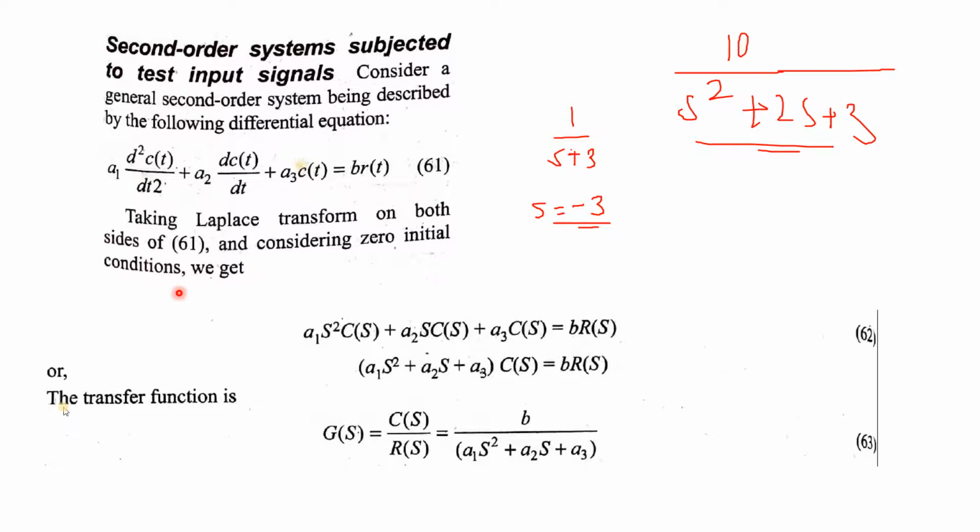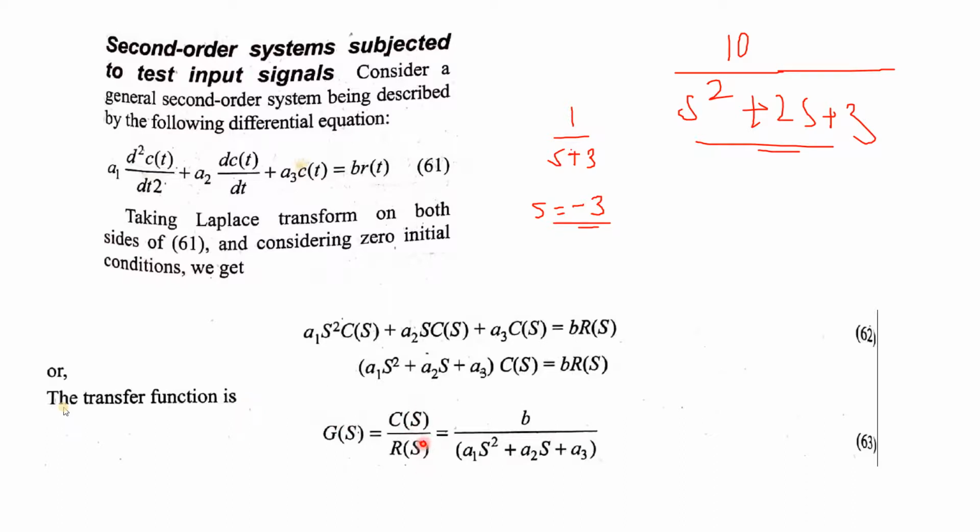So if the initial conditions are 0, that means the value for, say, this one, rs minus 0, or rs 0 plus 0, all these elements can be neglected. In this case the equation will be rearranged in this way. Taking cs common, because the double derivative will become a1 s square cs plus a2 s cs plus a3 cs plus b rs. So cs will be taken as common.